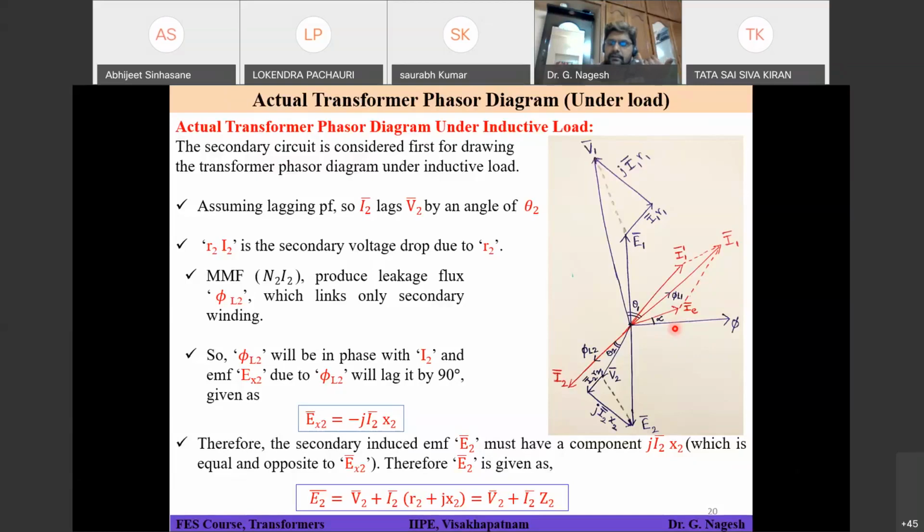When you are considering core losses, that means you are not considering an ideal transformer. Then the I_C component has come into the picture, which will be in phase with the voltage, and I_E is the phasor addition of I_C and I_M. So obviously you are getting somewhere in the first quadrant. Got it?